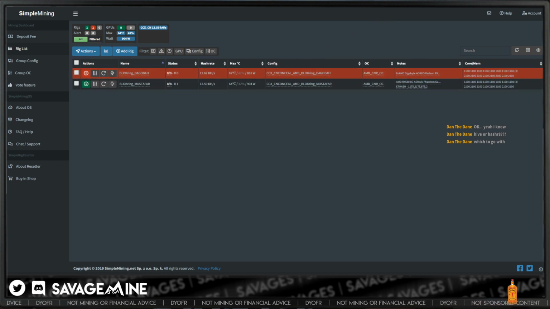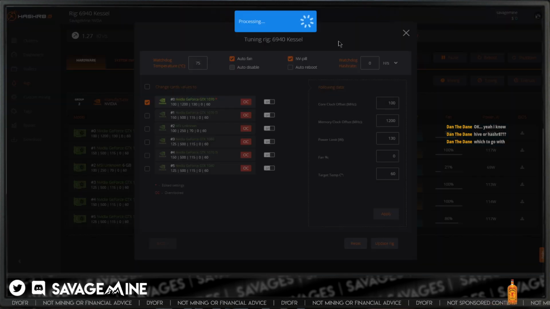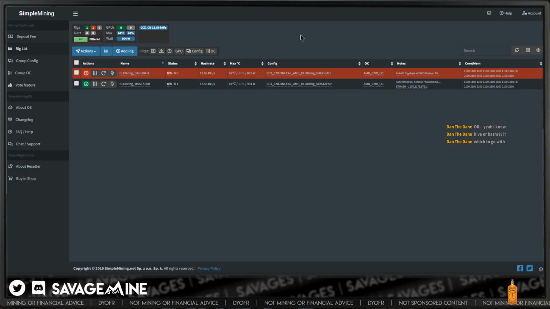Actually, I got a rig off over here too. So I don't have anything on Hive OS right now. I'm only on Hashrate OS and Simple Mining, and the only reason I'm on Simple Mining really is because of these two shared, co-owned rigs. There's a lot of reasons, but one big reason is at some point I sent them like $50 worth of Litecoin to cover the whole year. So I've got to at least keep these rigs on Simple Mining for a year, right? So yeah, I covered the whole year with that.